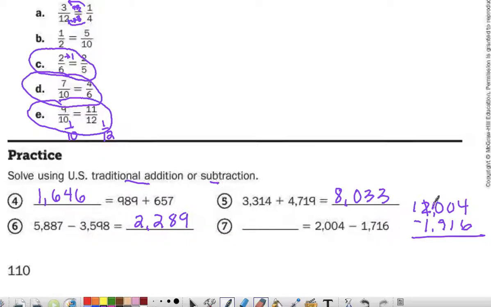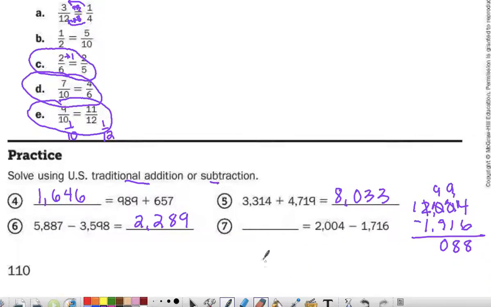Put 10 hundreds here. Make it 900, so I can add 10 tens here. Make it 9 tens, so I can add 10 ones here. So I have 14 minus 6 is 8. 9 minus 1 is 8. 9 minus 9 is 0. And 1 minus 1 is also 0. So my answer,